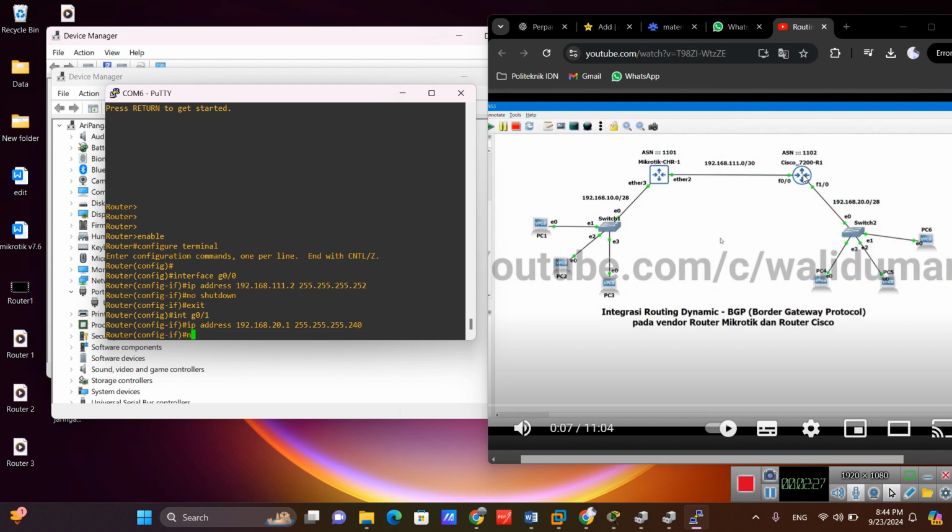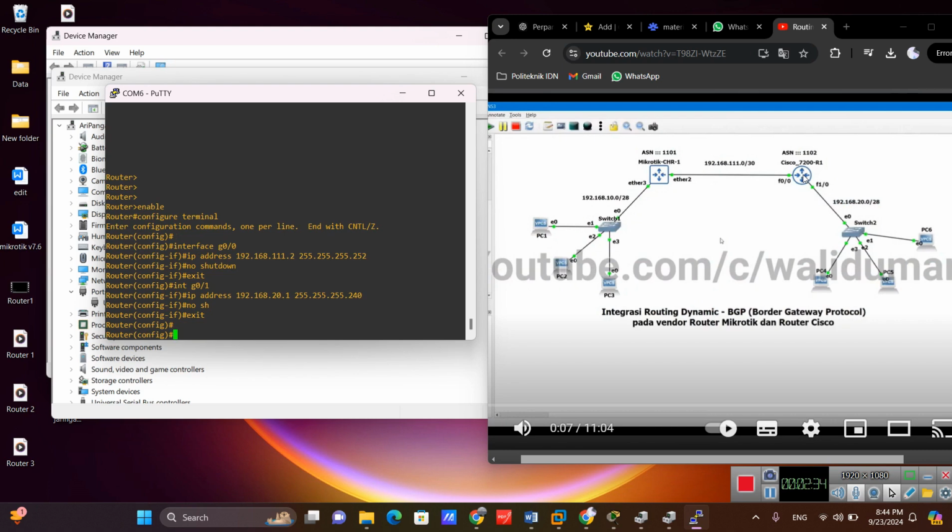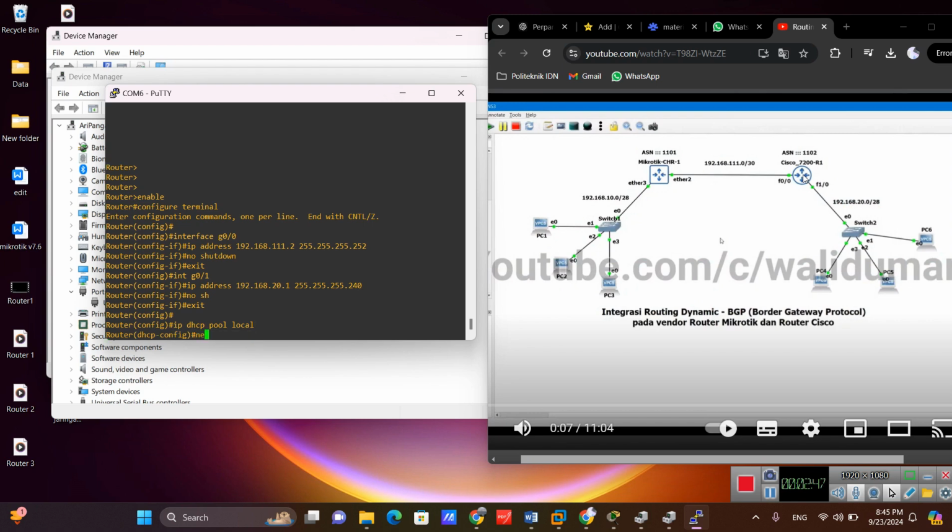In here I use 240 because slash 28. Now no shutdown to turn on, and I want to make IP DHCP pool local. The network from interface gigabit 0/0 and interface G0/1.